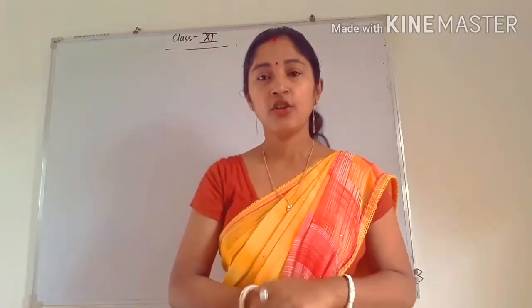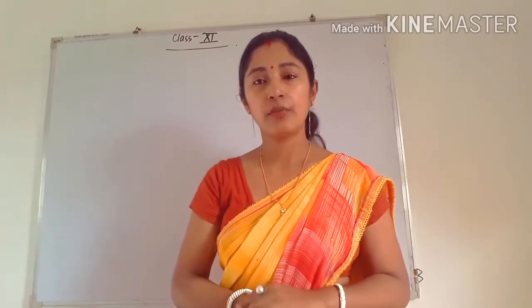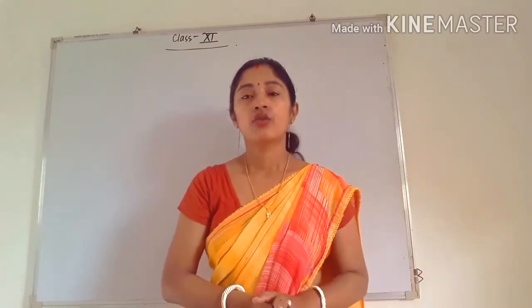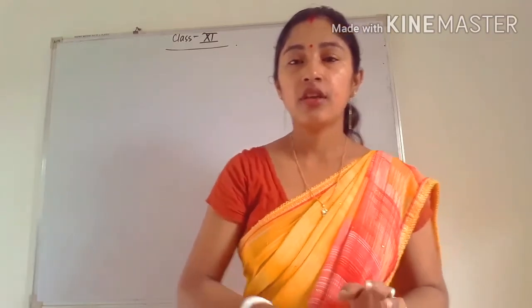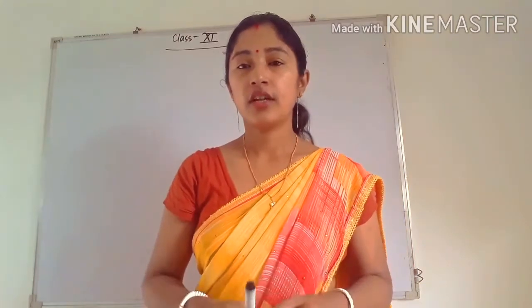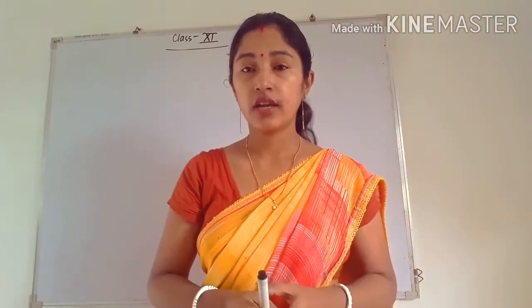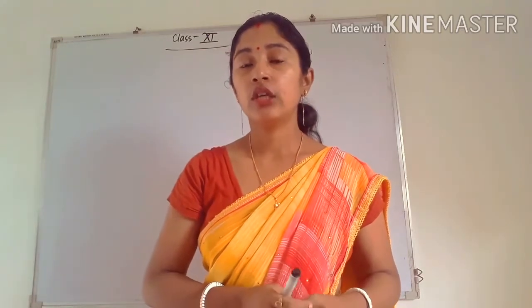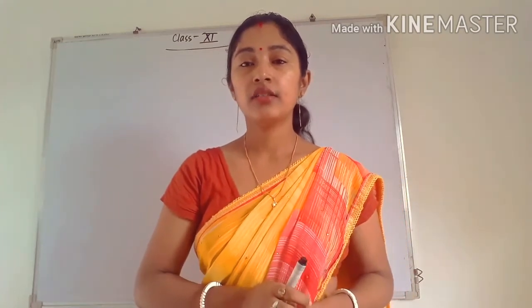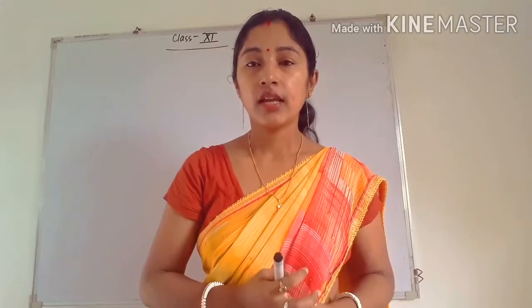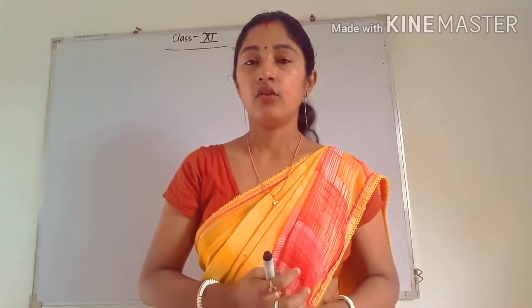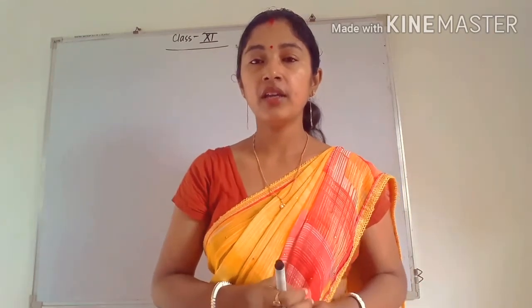Students of class 11. So today I am going to start a new topic, that is Venn diagram. So what is a Venn diagram? A Venn diagram is a representation for a set. We can denote a set and its elements and subsets inside a Venn diagram. A Venn diagram is a rectangular shaped figure in which the universal set is denoted by the rectangle, and the big circle represents the set inside the universal set. And the elements are represented by dots.